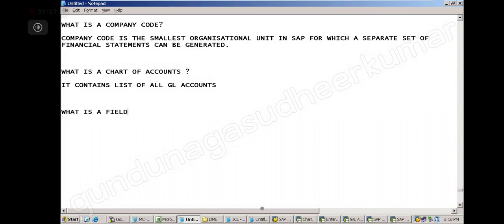What is a field status variant? Collection of field status groups. It controls what data the user can enter, not where.